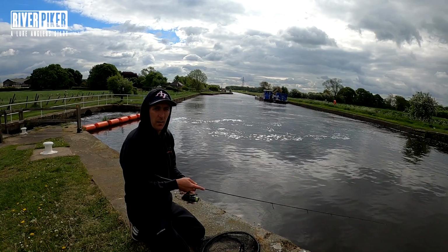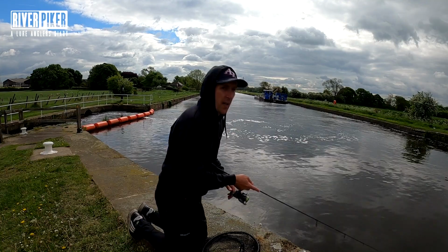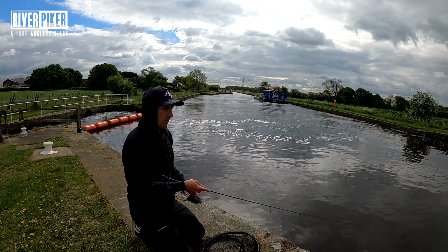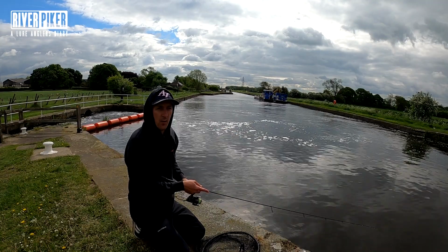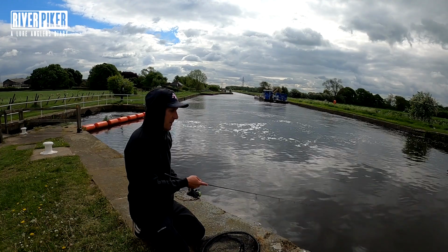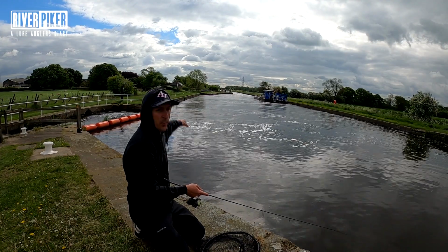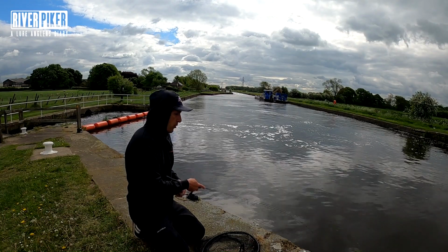They can't all be not feeding, they can't all have been caught. I'm not getting any touches from them, so they're probably not here, or not in this bit where I'm fan casting. Admittedly, I've not tried the lock gates, firstly because there's a dead deer in the lock gates at the minute. I've not tried where these boats were. I've not tried this fast water. So I could try a few little spots just around here, but